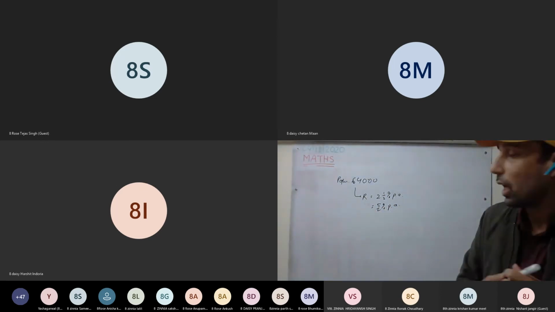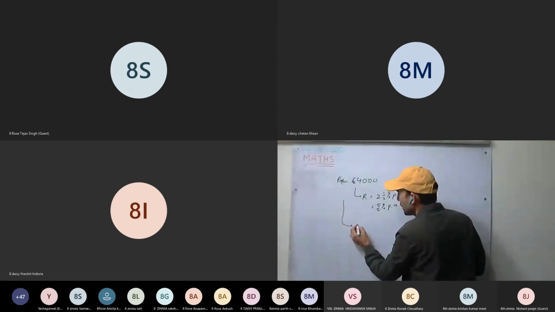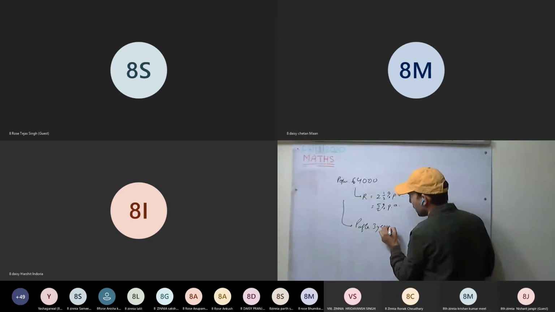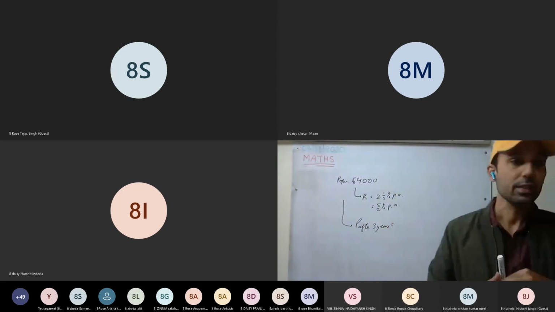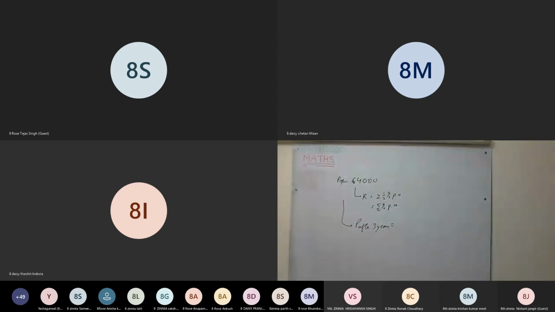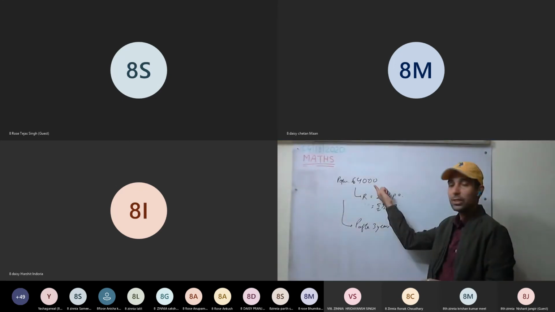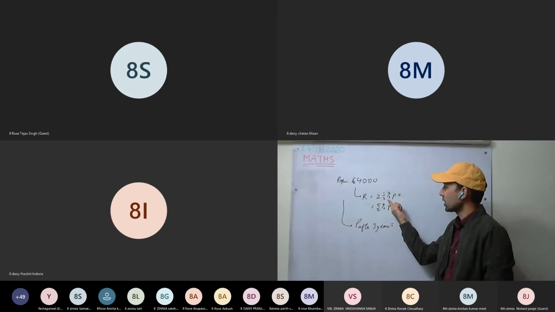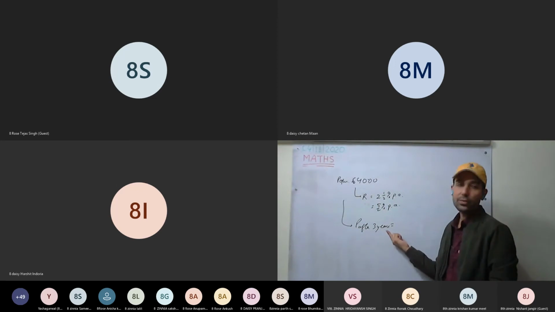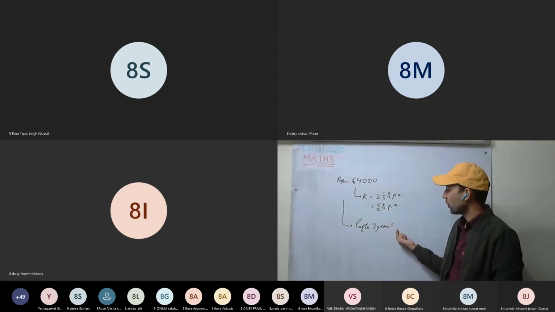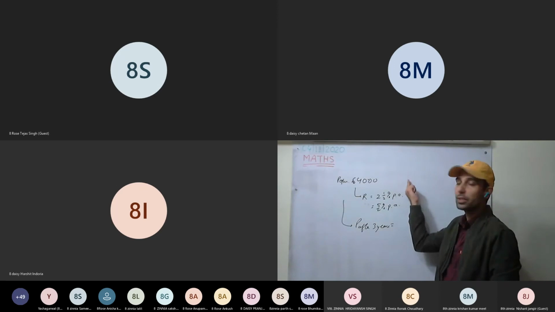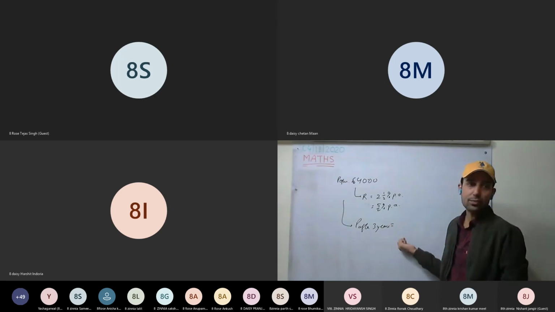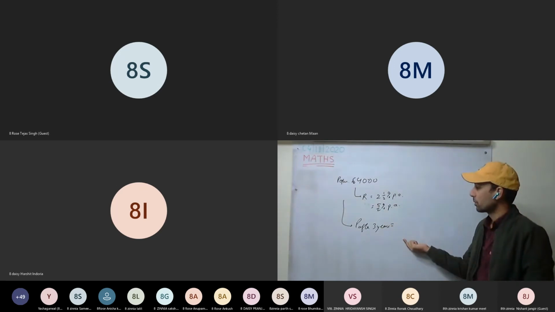Find the population of the town after 3 years. Please mute yourself, everyone. So what will be the population after 3 years? We have to find it. The initial population is this much and the rate is 5/2%. After 3 years you have to calculate. So which formula will you use, either the formula of simple interest or compound interest? Which one do we have to go with?